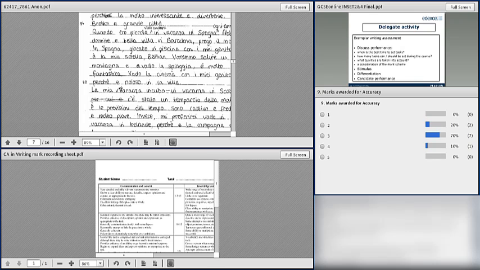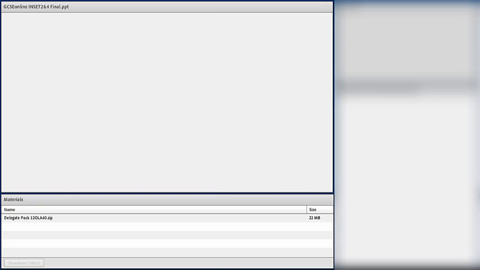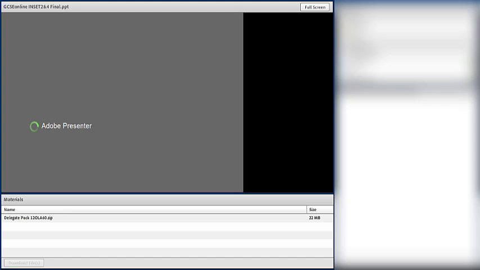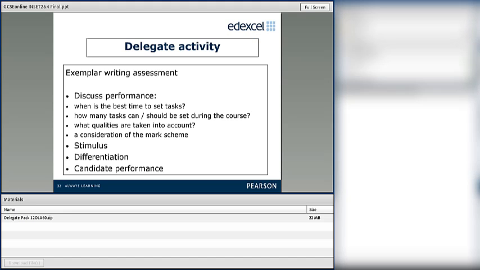As I mentioned before, a stimulus that's broken down in bullet points is much more helpful than just a title. So it's recommended that you provide some bullet points. Finally, if you can label each piece individually, ideally with the candidate's name and number at the top, and preferably also the center's name or number.